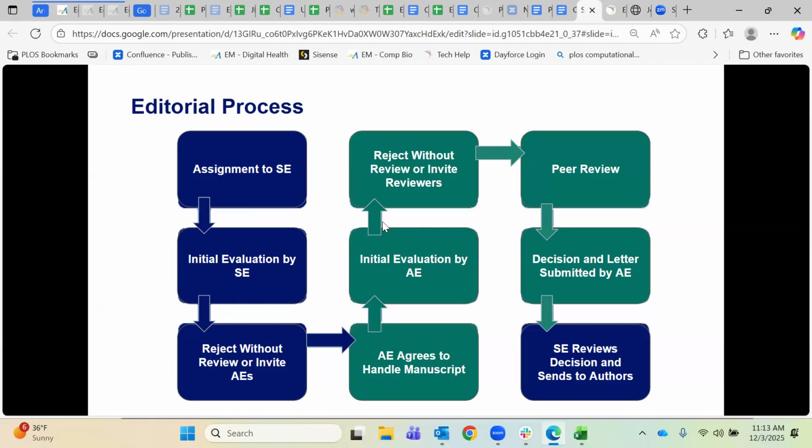So if you see a paper that you think shouldn't be sent to review, just because the section editor has sent it to you does not mean that it has to go out for review. You are very much empowered to issue an academic editor desk reject in that way. But if all looks good and you think the paper is a good fit for the journal and has a good chance of being published and peer reviewers will be interested in it, passing your initial evaluation there, we will start inviting